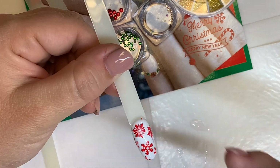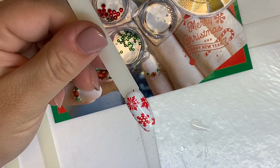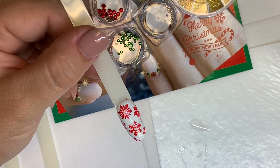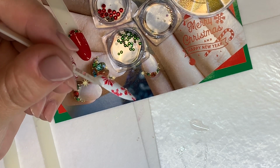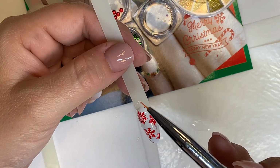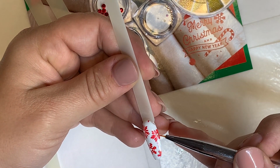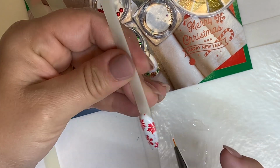And I'm going to be using the smallest green ones. So just imagine when you're putting this on what size stone you're using. If you're using a larger one, obviously you need a little bit more gel. If we look this way, you guys can see maybe how much I'm putting on there. But because we're using the smaller ones, I don't need too much. You can see the dollop that I'm using right now. And I'm just pressing it down and just kind of twirling to break the...